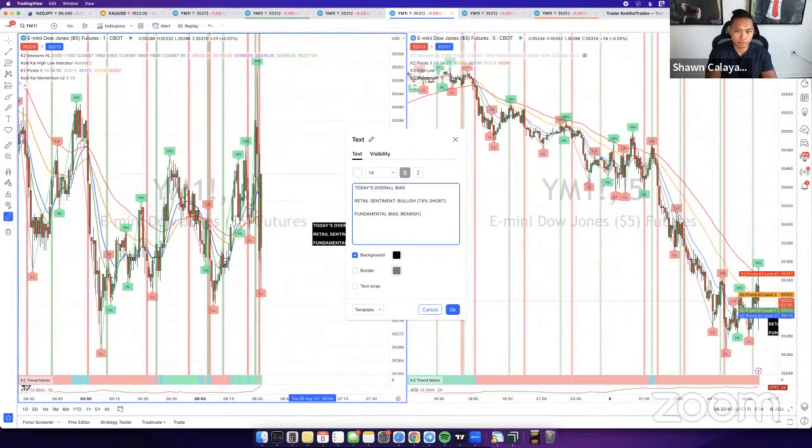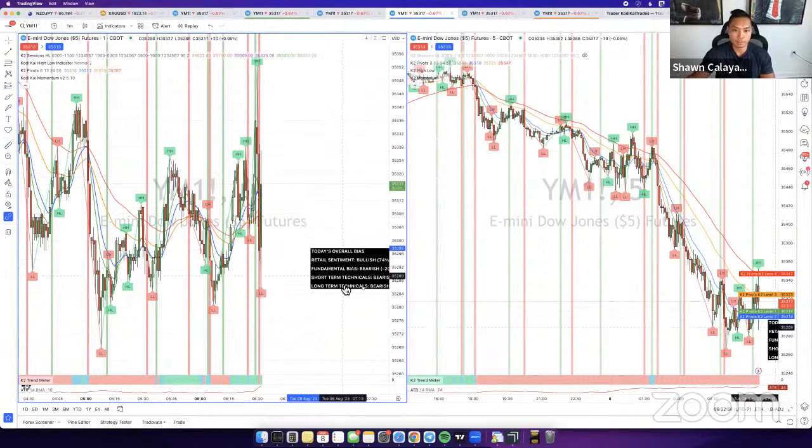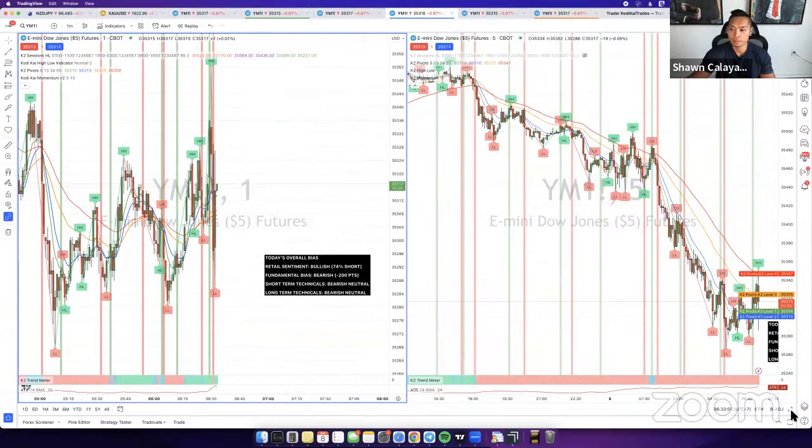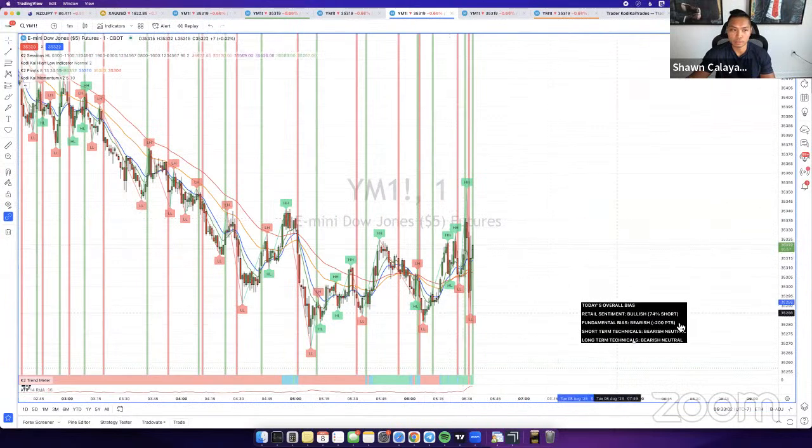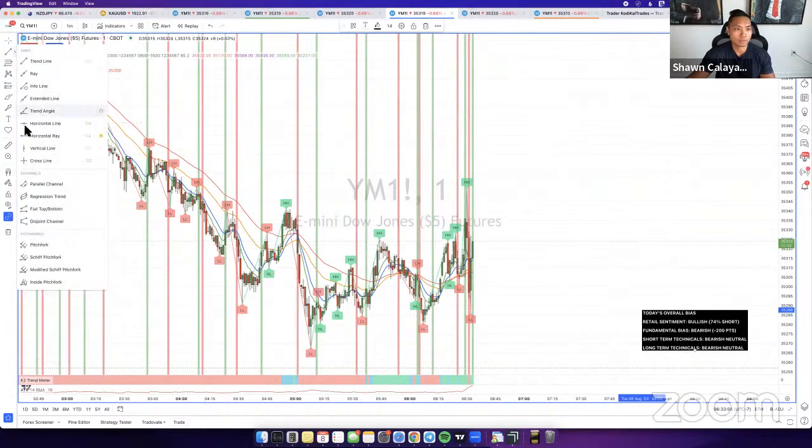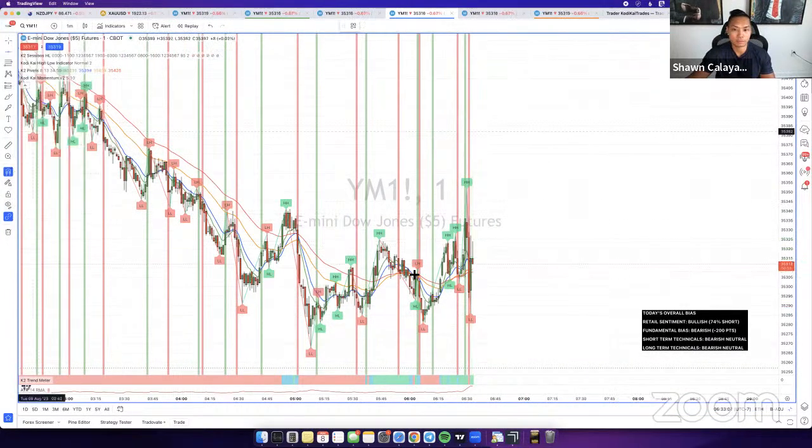Fundamental bias is bearish. Negative 200 points, short term. Technicals, bearish neutral. Long-term technicals, bearish neutral. So there's not really much of a bias today. It's pretty mixed for the most part, but it's not really a big deal for us because we can still look for entries here. So let me go ahead and mark up opening price, which is going to be